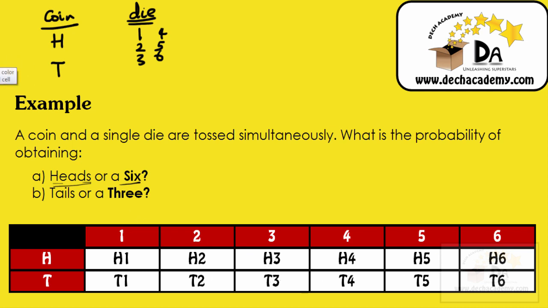So in summary, there are 12 possible outcomes. 1, 2, 3, 4, 5, 6, 7, 8, 9, 10, 11, 12. This question is asking the probability of getting heads or a 6. Now, the probability of getting heads or a 6